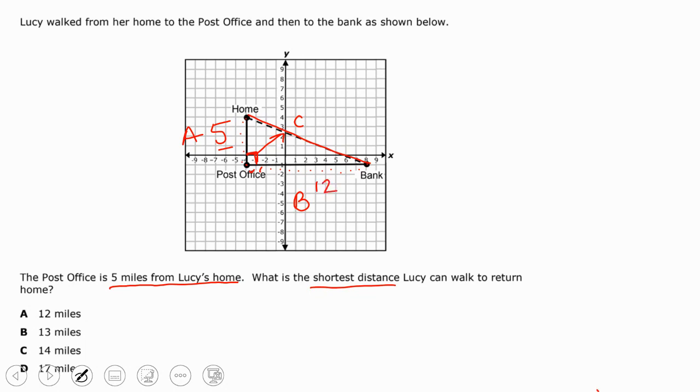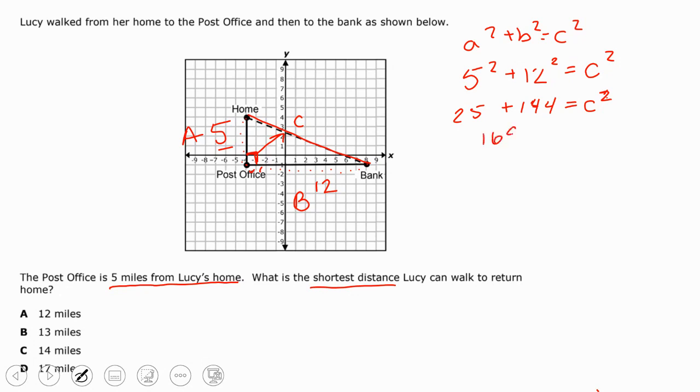So we're going to use the same formula because this is a right triangle. We're going to use the formula A squared plus B squared equals C squared. A is equal to 5 squared plus 12 squared equals C squared. 5 times 5 is 25. 12 times 12 is 144. And that is equal to C squared. So I'm going to add these two numbers up. That gives me 169